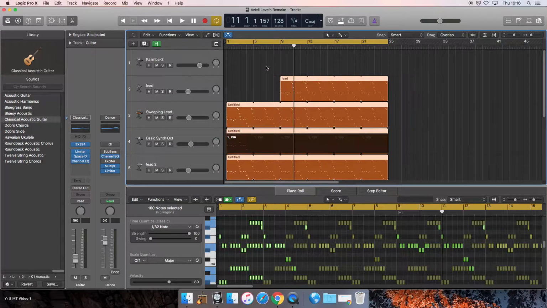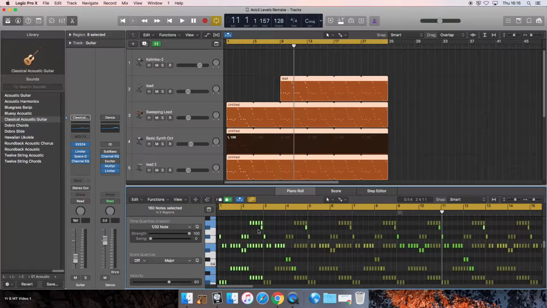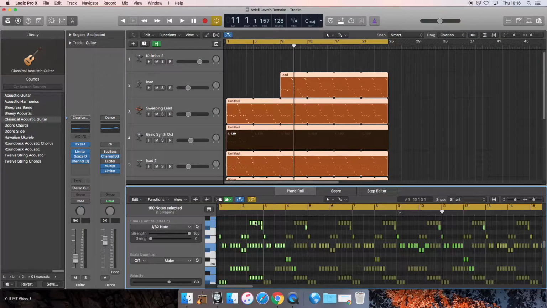So up in the top here, these are the tracks of our music, and these are the sort of control tracks for it. So this is the sweeping lead track. Here is the volume for the sweeping lead, and if I was to double click on it, down the bottom here, there you go, this is all the notes that are going on inside the sweeping lead. If I was to click on the lead 2 instead, down the bottom here, actually we look at the identical,